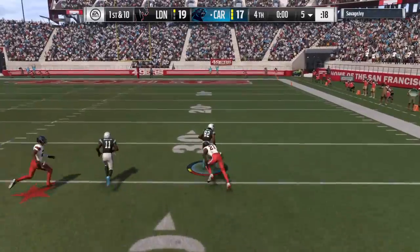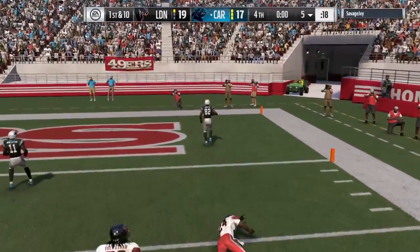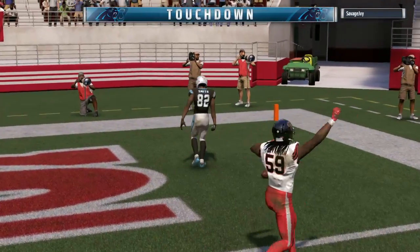He's got a man complete. Torrey Smith, watch him go. And he's in! Are you kidding me? How do you give that